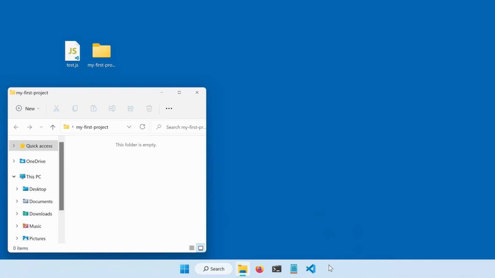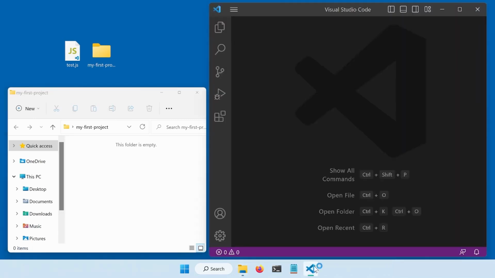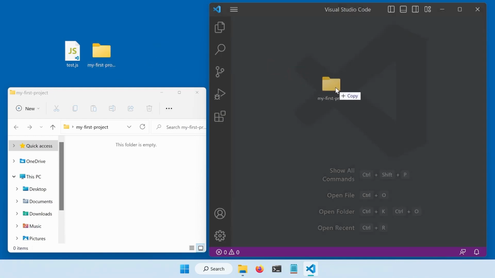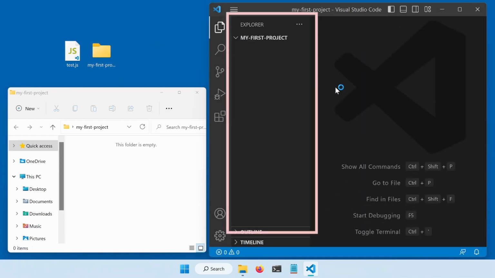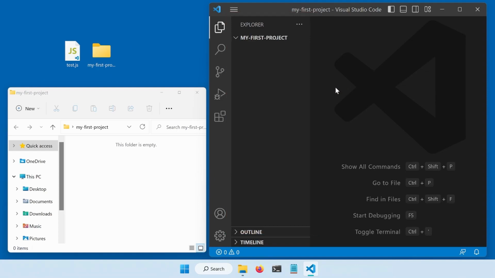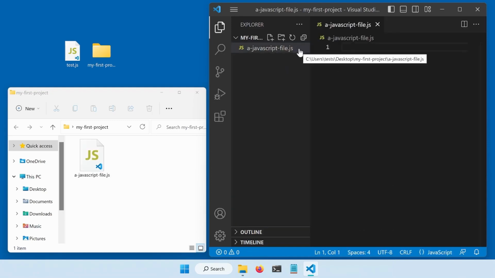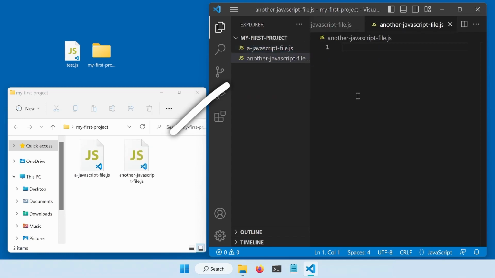If I want to add a file, I can just drag the folder to the editor. And we will see this section here on the left side, and we have an option to create a new file. So I click here and type the name of my file and click Enter. And now you can see that the folder has this new file, which we have created using the editor. And I can create more files if I want to. For example, I will create another JavaScript file, which is now in the folder.